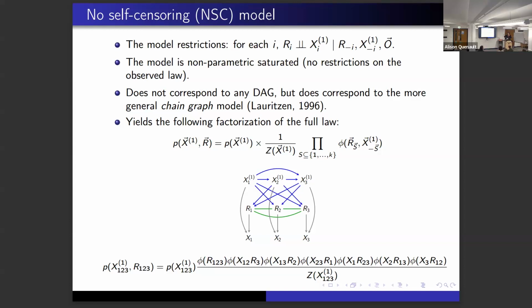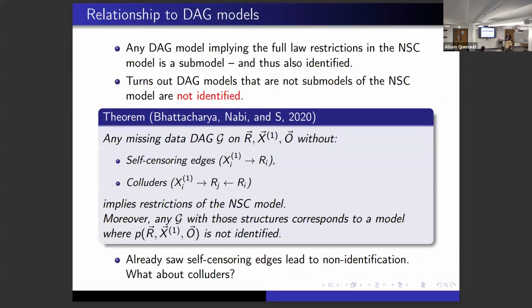Yeah, you had your hand up. Go ahead. I wanted to ask if you can give some heuristics about why this is complete? Is it because it gives you all the marginals that are actually identified? Well, because we have a theorem. If those independencies are satisfied, you're a submodel, so that's easy. That half. The completeness is the other half, which is, what would have to be graphically the case for that independence to not hold by d-separation in the DAG? Well, it turns out that it's about these two cases.